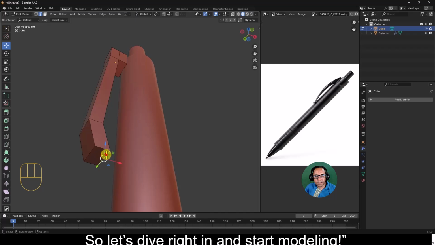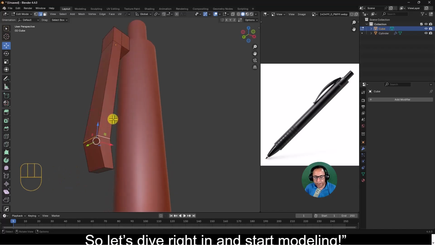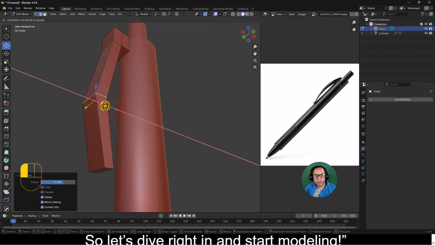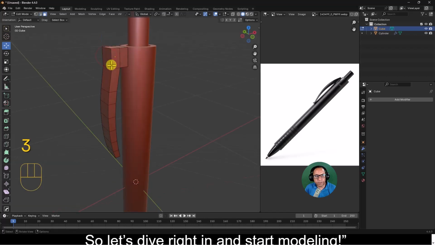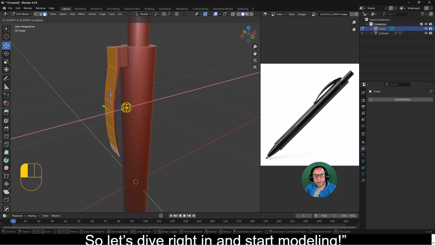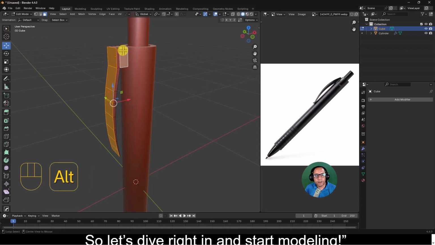and we can do it like this, and let me select this loop cut and double Z and move it more like this, and then Ctrl B to bevel, and we will add some loop cuts, something like this. As you can see, it's very thick, so we can move it like this, and also we can